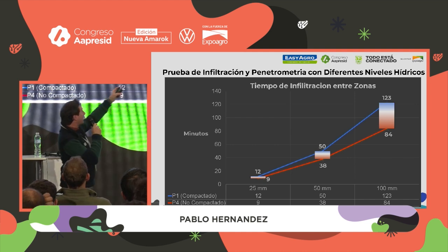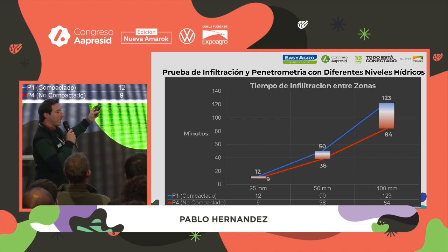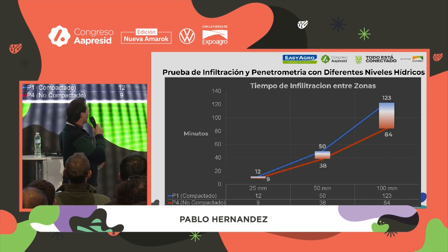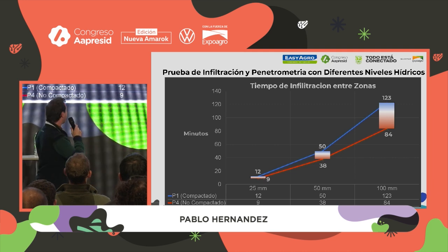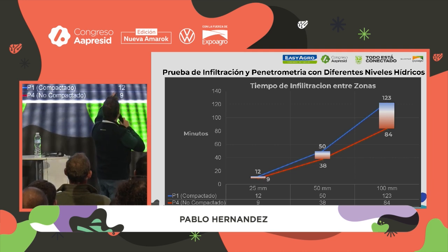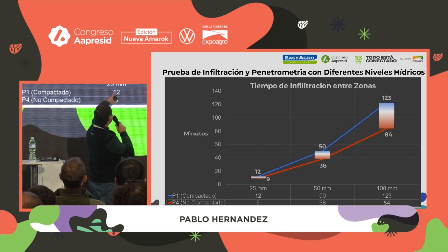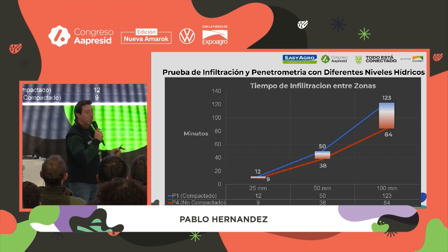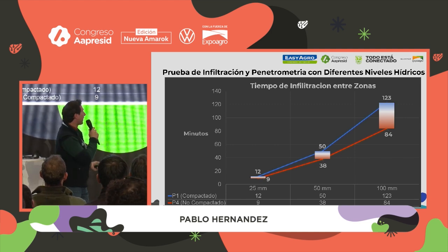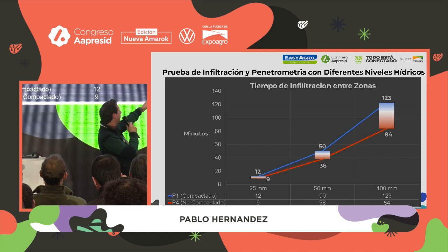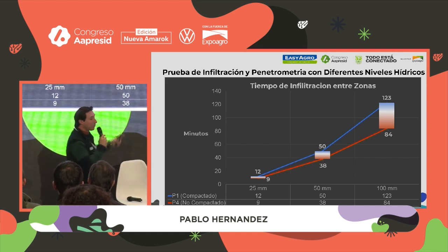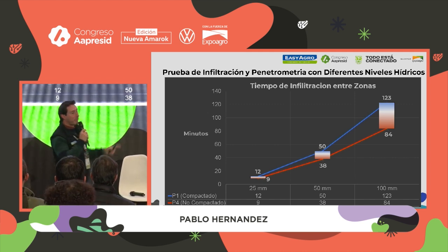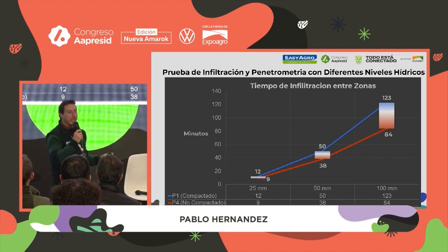In point 1, which is compacted, here we have a chart of the millimeters of infiltration by time. On the vertical axis, we have time in minutes, and we have the millimeters infiltrated on the horizontal axis. We see that in the compacted soil, to infiltrate 25 millimeters, 12 minutes were required. In the soil that was not compacted, only 9 minutes were required to infiltrate 25 millimeters. As regards 50 millimeters, 50 minutes were required in compacted soil, and in the non-compacted soil, only 38 minutes were